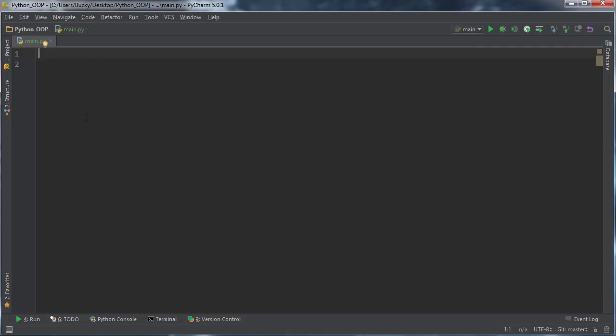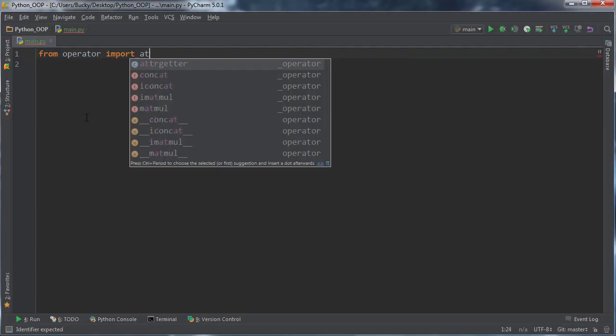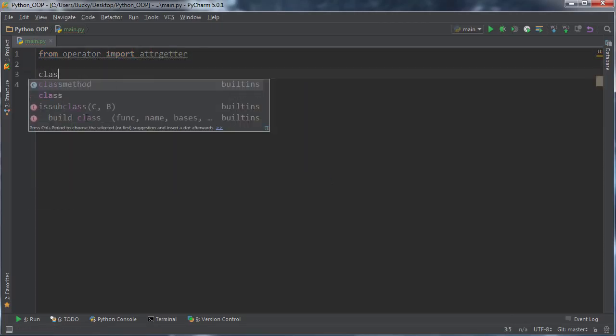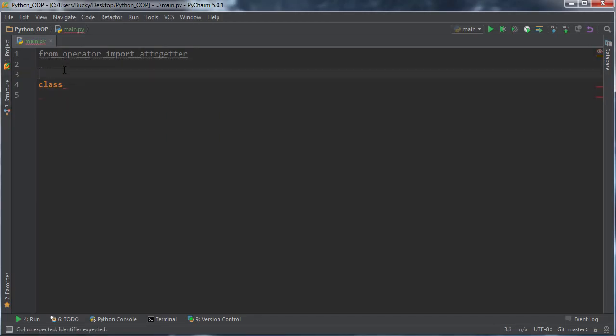So check this out. What we're going to do is, just like before, we're going to use the operator module and we are going to import attrgetter. So not itemgetter, but attrgetter. Now let me go ahead and make a real quick class. And I think you need two spaces. All right, so class User,